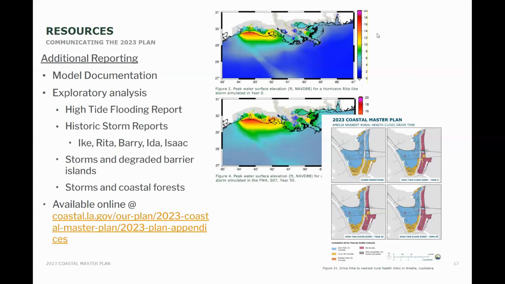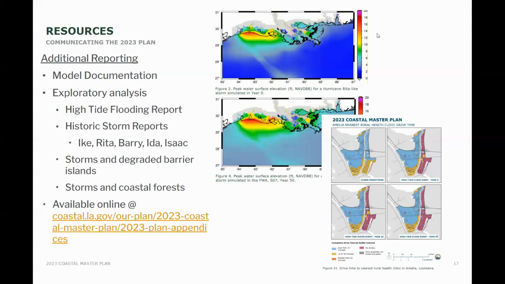So after 50 years of no action, how much worse would the flooding impacts be from that Hurricane Ike, for instance, 50 years into the future under the different environmental scenarios? And we can also see how much that flood impact would change if we had implemented the master plan. So we're taking the impacts of the storms and the flood reductions that we could see by implementing the master plan, taking them out of that statistical framework that we use with the expected annual damages, and applying it to known storms. And so there's 5 different reports where we look at those different storms that impacted different